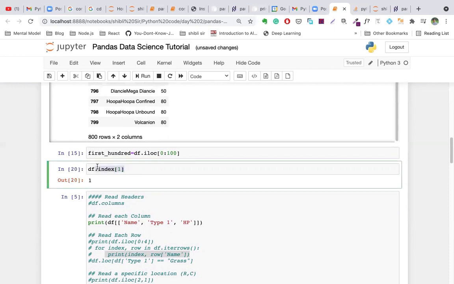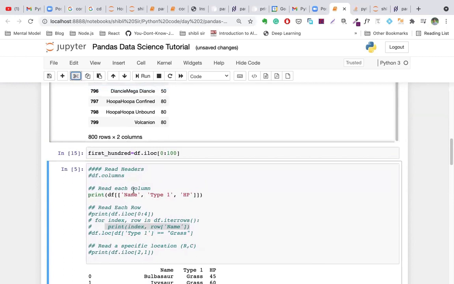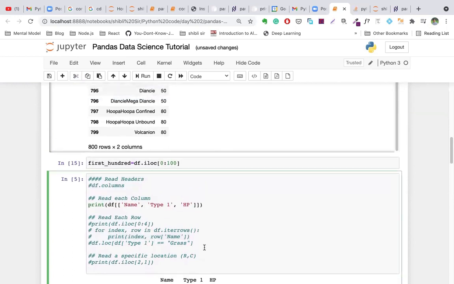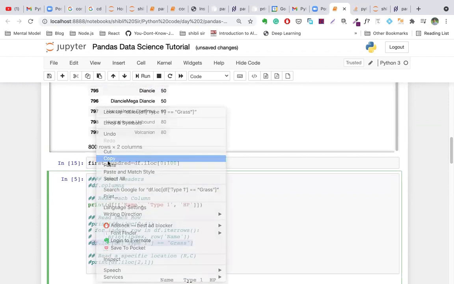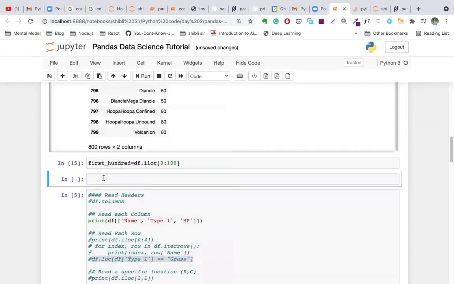I think it's not useful. Okay, let's omit this. This thing is very useful. This is the most useful thing we're going to run. Okay, for example,